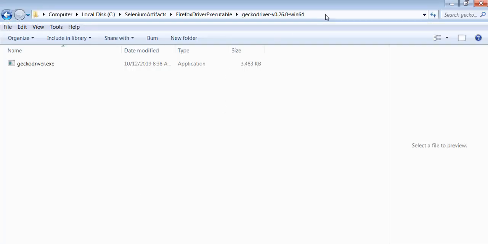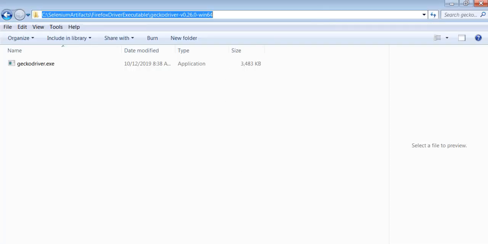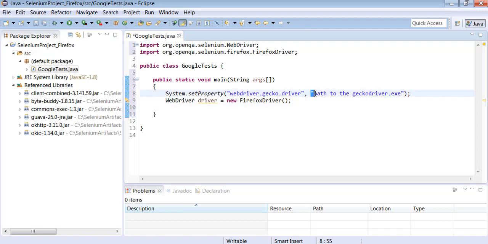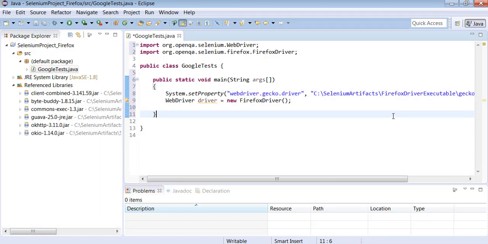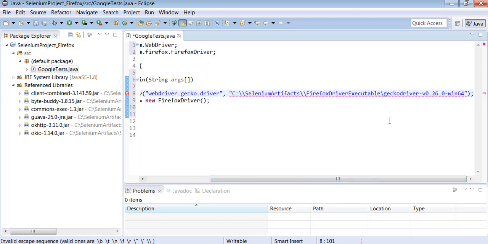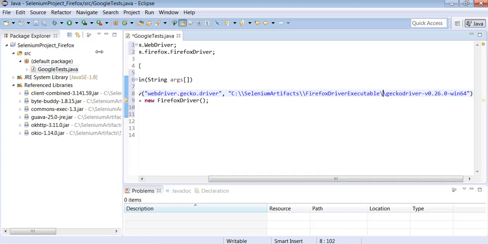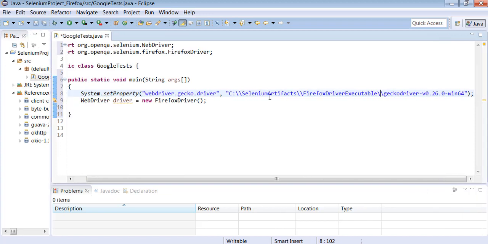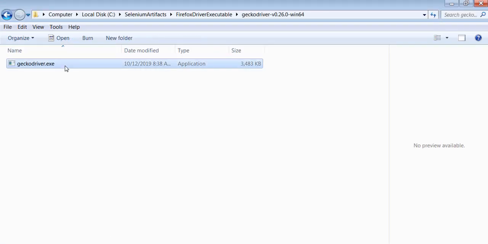Okay, now the path to the driver executable file, which is the geckodriver executable file. For that, open the path, copy this path, go to Eclipse, provide the location. And here we have to include this backward slash. If you want to include this backward slash as part of the string, just add one more backward slash. So it will consider this special character, this backward slash, as part of the double quotes. Then after that, we have to give the path. It's not only the path, we need to give the file name as well. That's very important. What is the file name here?